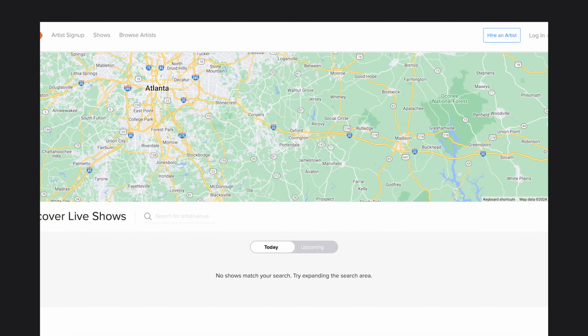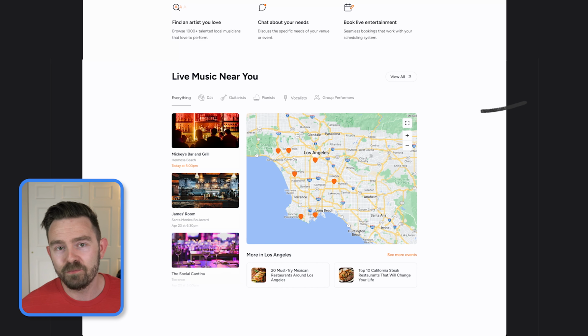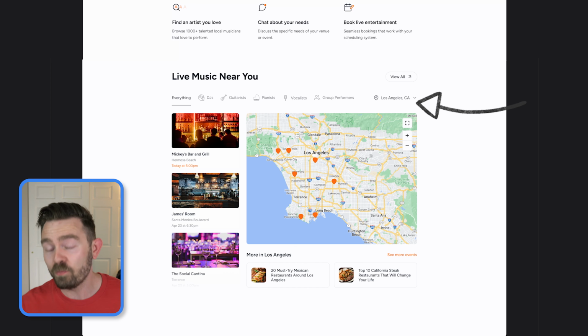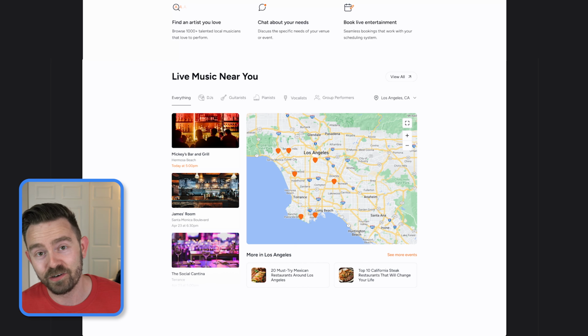And finally, there's one big problem with this map component, and that's, what if there's no events near me? If my live location currently doesn't support any events, why are we even showing the map of this area to the user? Instead, we should present them with a list of locations that we know are working through Gigtown and just present that to the user in a sidebar. We can auto-select one of them based on their location if they'd like,